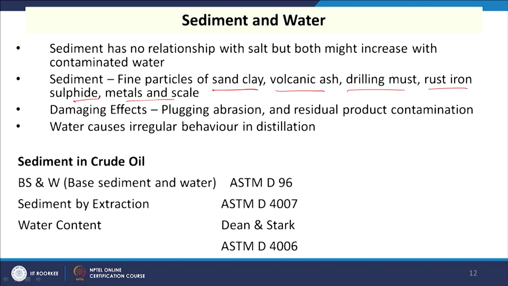The presence of these affects the refining process, and it causes plugging, abrasion and residual product contamination. These are the important effects of these contaminants on the crude oil, and water causes irregular behavior